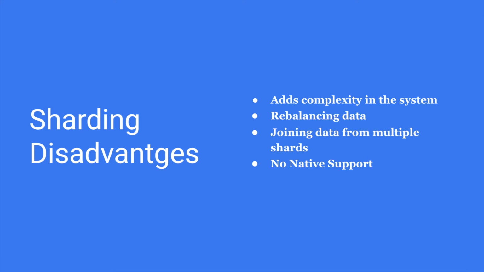A third problem is that if your data is highly relational, joining data from multiple shards is very complex. Why? Because we have to query multiple machines, pull out a lot of data from them, and then create a join. So if your data is highly normalized, then reads with sharding take time, because joining data takes time.